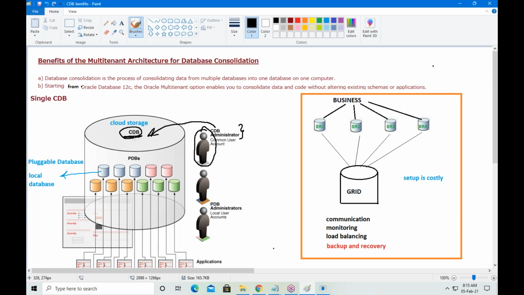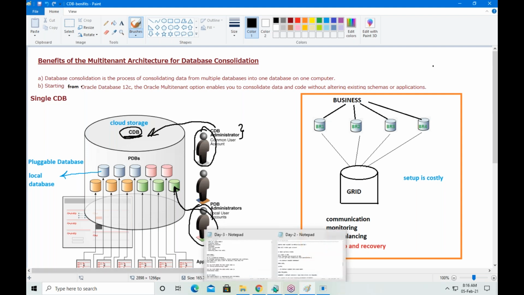What is our target? We want to create a user account for a developer. Developer means this person. A developer always works with the local database only.